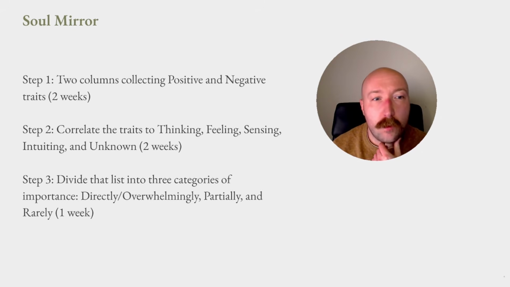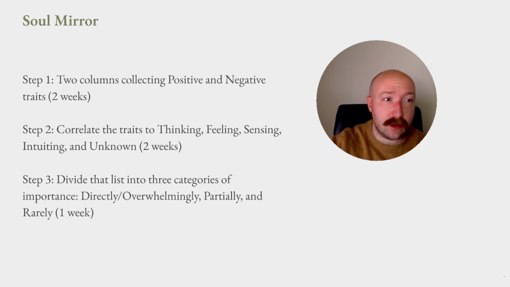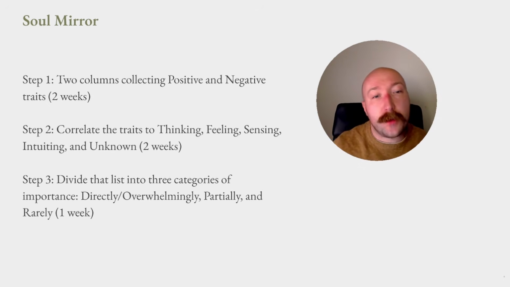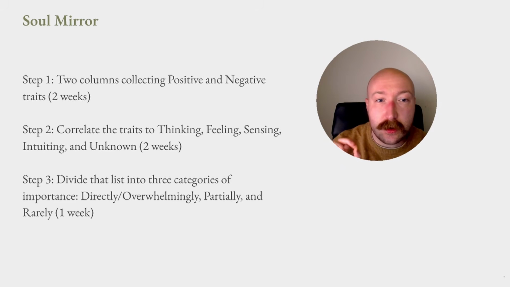Now, what we're then actually going to do is begin to correlate these traits. So this is where I've transformed this. So you take this initial exercise, and the instructions for just doing the first basic foundational soul mirror are in the course documents. But this is when we get to step 2, which is after 2 weeks of cataloging. And some days you'll be like, boy, I'm finding a lot about myself today. Step 2, after a couple of weeks, is you're going to correlate these